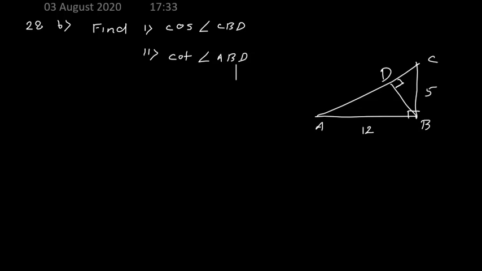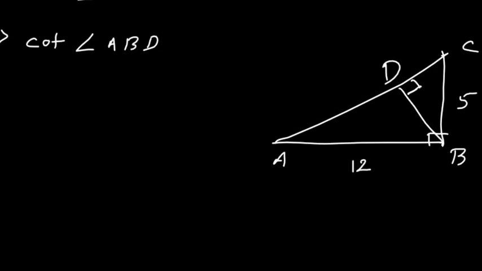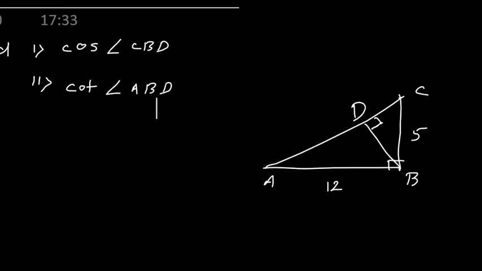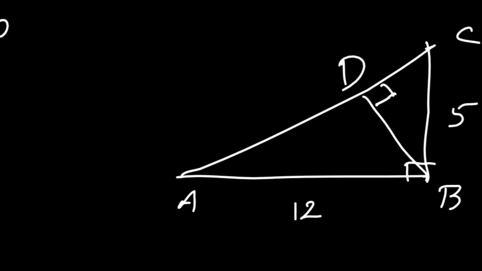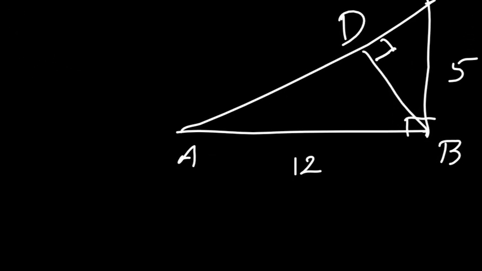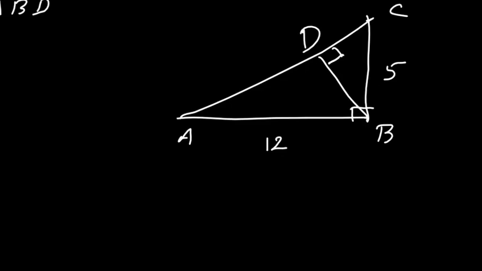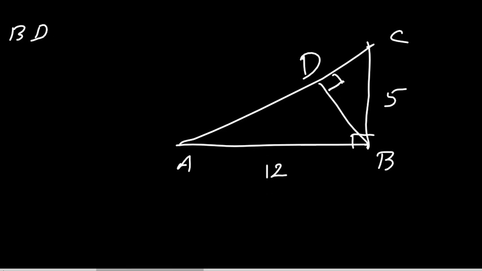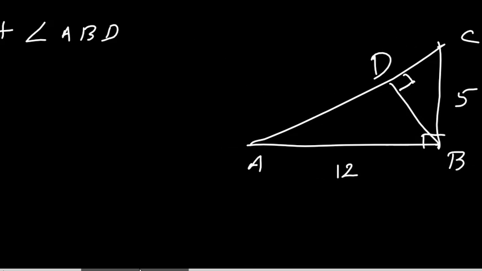Find the value of cos of angle CBD. You can see this diagram. We have to find cos of angle CBD and cot of angle ABD. So for these two angles, we have to find the value of cot and cos. That means in short, we have to find the values of